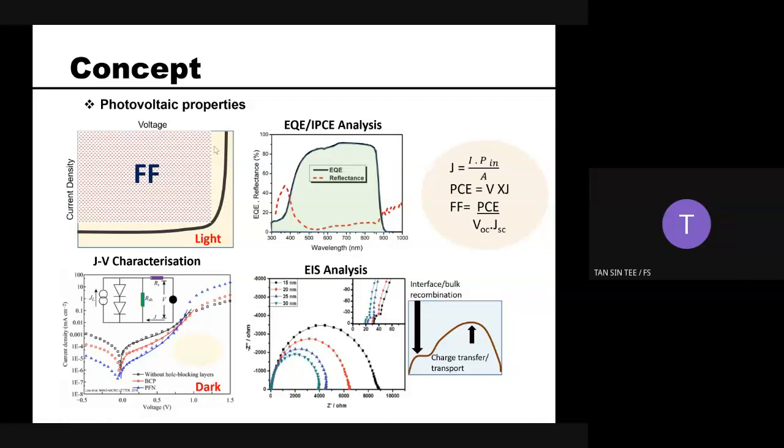The second testing that we conduct is under the dark system. Under the dark system means you do not need to turn on any light source. Why we want to conduct the test in the dark environment is because we want to study whether there is a leakage current inside your devices. So here, we will study the RS and also the RSH.